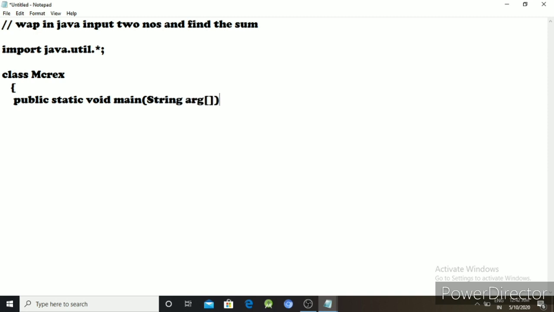I already discussed the structure of a Java program. Second, Scanner sc equal to... first of all you declare the variables: int x, y, z.